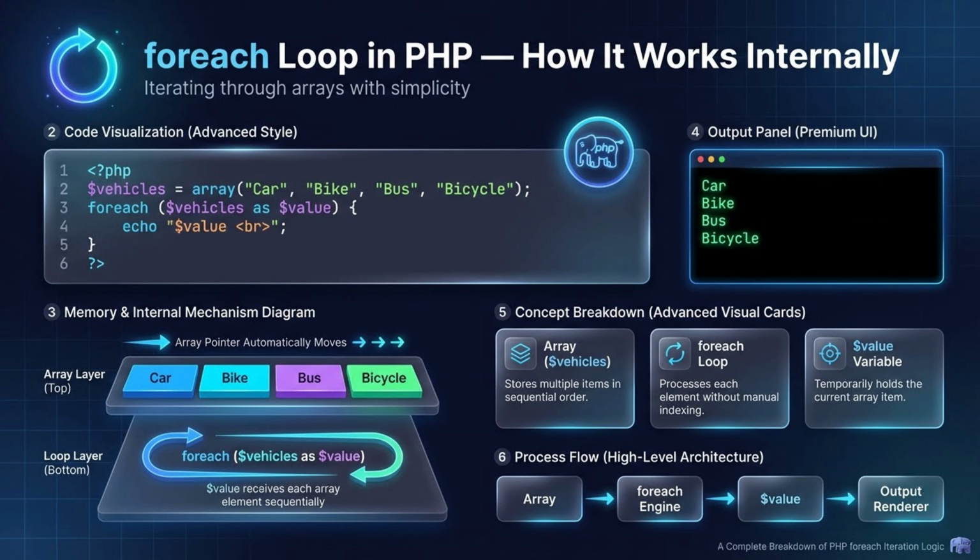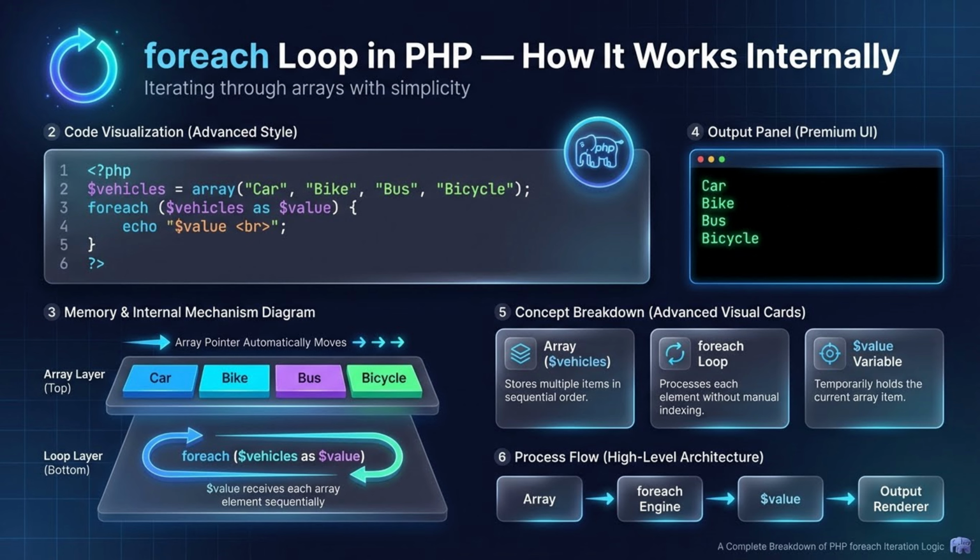The foreach loop in PHP is a powerful and extremely convenient structure designed specifically for working with arrays. Instead of manually tracking indexes like we do in a traditional for loop, the foreach loop automatically handles the internal pointer movement over each array element. This means PHP quietly walks through the array in the background, giving you each value one at a time without